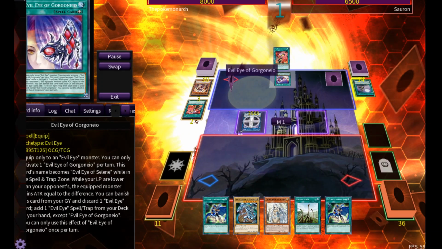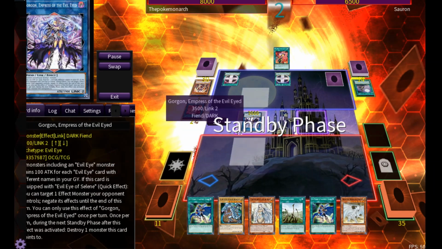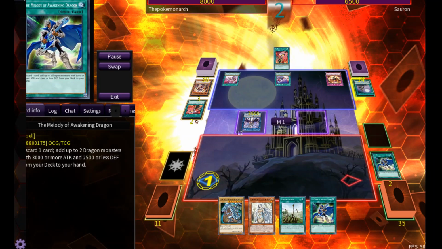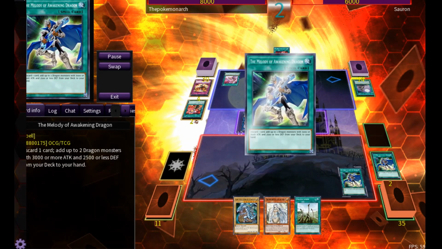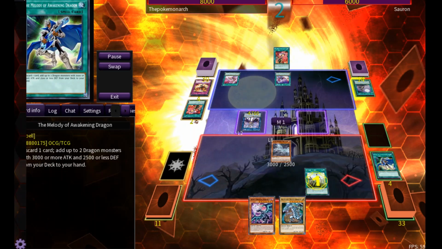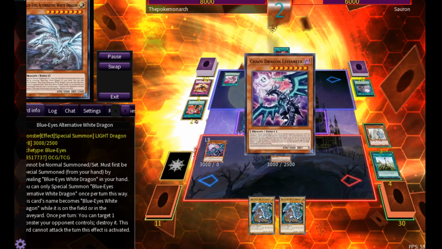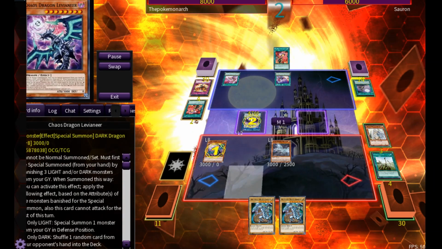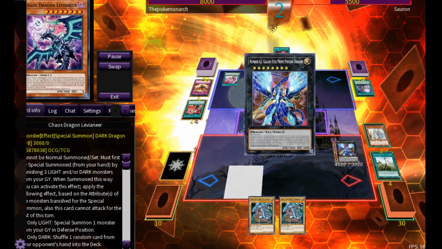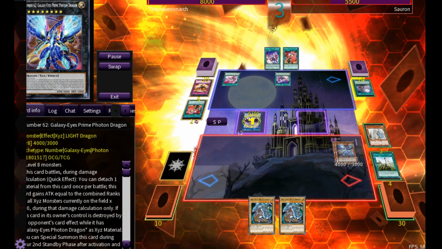And then they activate a couple of their equip spells, bringing their monster up to 36k, which is way over any of our Blue Eyes monsters, unfortunately. They stop the effect of our first Melody of the Awakening Dragon. We bring out our Blue Eyes Alternative White Dragon, and we bring out our Chaos Dragon Levianeer. They negate its effect, and then we go into our 4k monster, but that's still not enough to get over